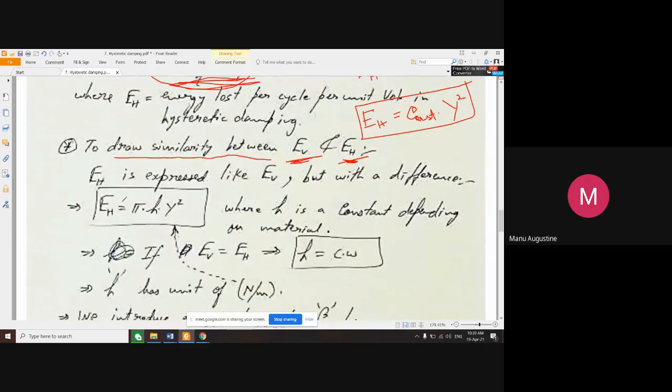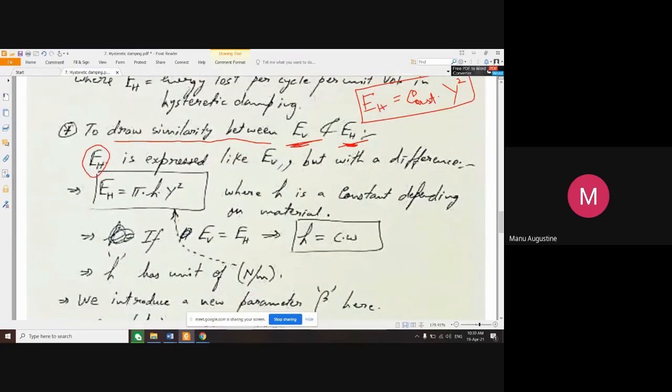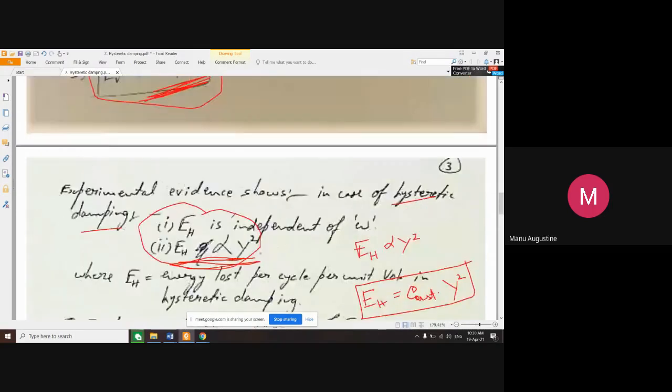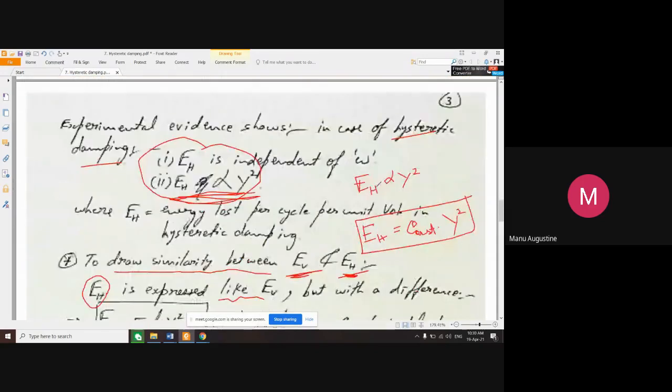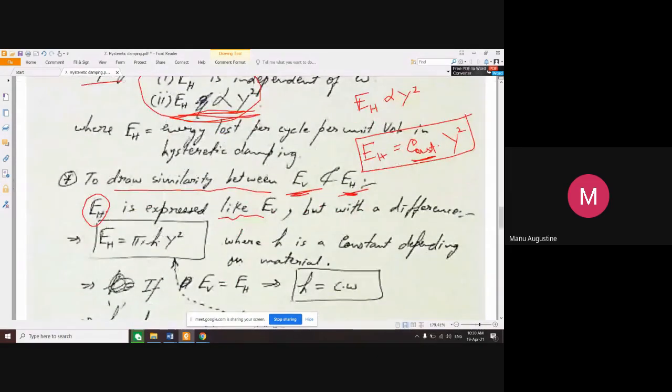So what we do is we express energy loss in hysteresis damping in a similar fashion as EV. So you see in EV there is a pi here. So we say that anyway in energy loss of hysteresis one constant is about to come. So there is no harm in putting a pi here,